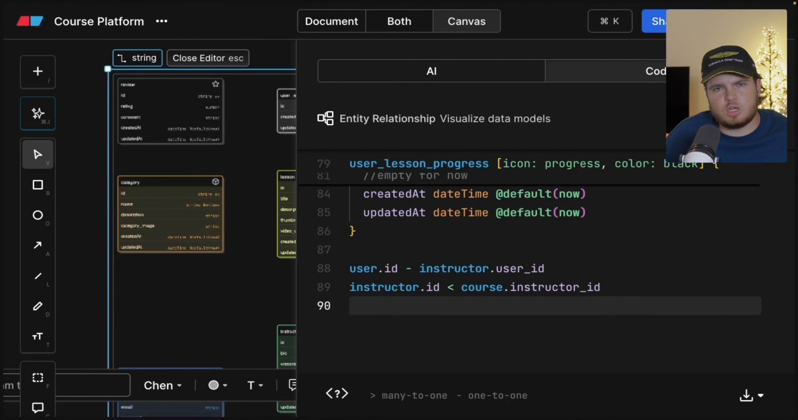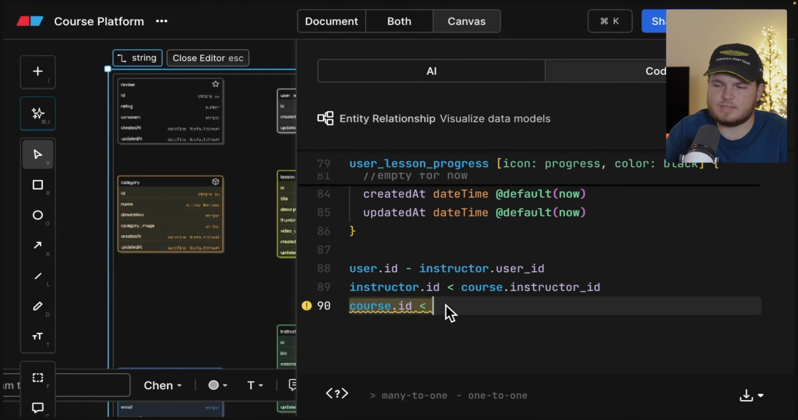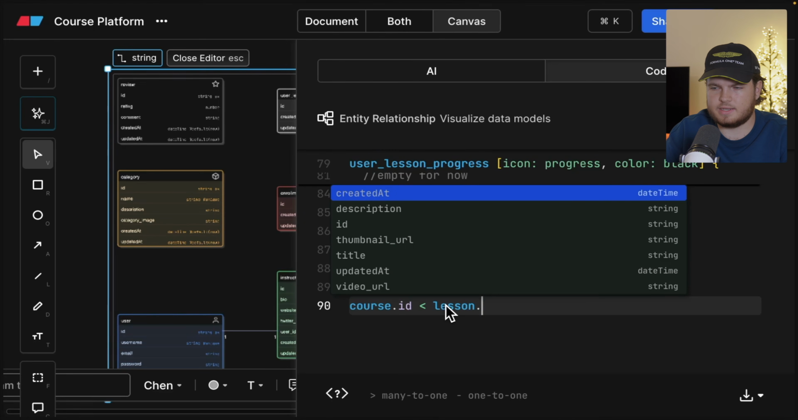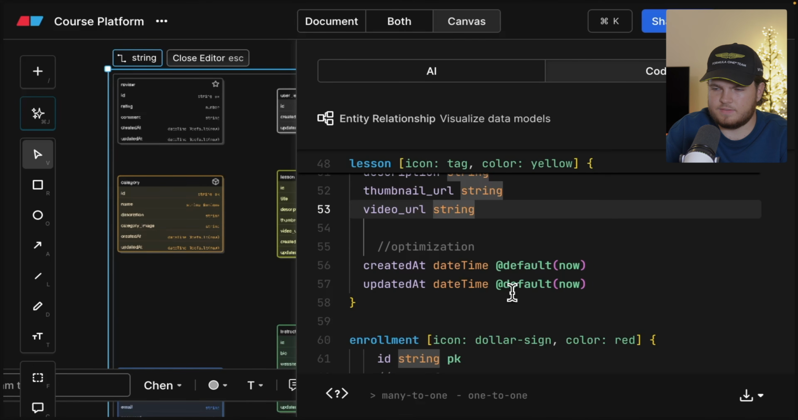So what relationship would make sense right here? Well, again, it's the one-to-many relationship. One course can have many lessons, but each lesson has to be related to one specific course. So I can get my course.id, then I want to get the less than sign and I want to relate it to the lesson.course.id. This means again, I want to go to the lesson table and then underneath the video